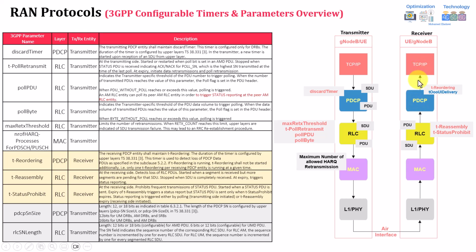And the main reason for that is to reduce retransmission or selective acknowledgement from the TCP. We'll be explaining that part later on, but in short, reordering ensures the data is transferred to the upper layer in a correct sequence, 1, 2, 3, 4, 5, 6, and so on. This is the main idea. And there is also a parameter called out of order delivery. All that will be explained, but today we'll be focusing on the RLC because, as you can see, the RLC has most of the parameters we are explaining here.